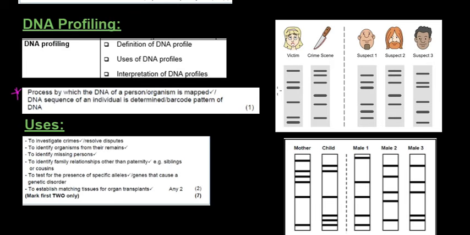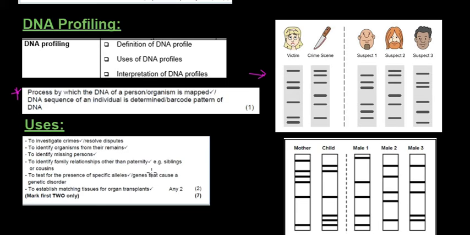Looking at these diagrams on the right, they look like barcodes, and that is the DNA sequence that is then determined for each person. Where do we use DNA profiling? To investigate crimes, to resolve disputes, to solve murders, to identify organisms from their remains. So if there's nothing else except maybe a few particles of bones or tissue, you can use that to identify the organisms, to identify missing persons, to identify family relationships other than paternity, for example, siblings or cousins,